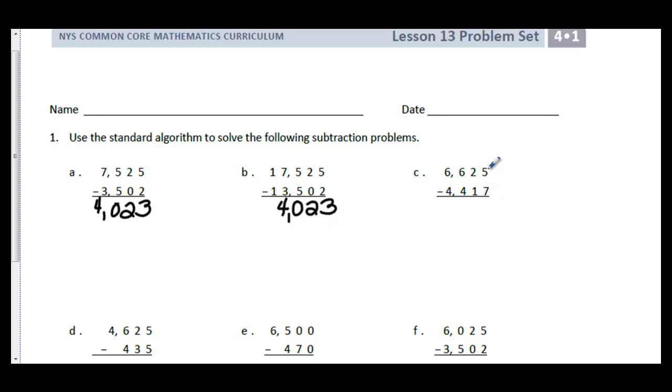Now, when I come to C, I'm thinking, I cannot take 7 from 5, so I'm going to have to decompose. I'm going to the tens place, and I'm going to take one of those tens, that only leaves 1 ten, and I'm going to trade it for 10 ones. So now I have 15 ones. And 15 minus 7 is 8. 1 minus 1 is 0. 6 minus 4 is 2. So I have